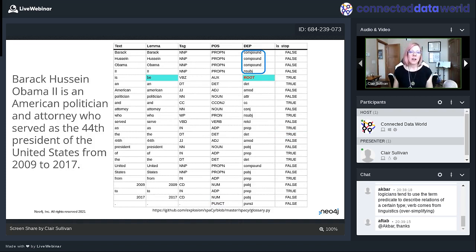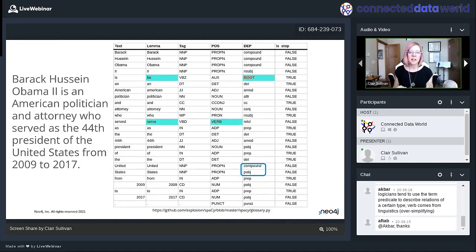Now I want to draw your attention to this blue box that I just added, these dependencies. You see I have a dependency 4 rows down that's called nsubj. It's the subject noun of the entire sentence. Unfortunately, it comes up with the Roman numeral 2, which is not entirely correct. But then I have these compounds before it. We can take that nsubj and grab every immediate compound just before it, and that tells us our named entity. So in this case, Barack Hussein Obama II can get all lumped together just by the fact that I have compounds immediately preceding that subject.